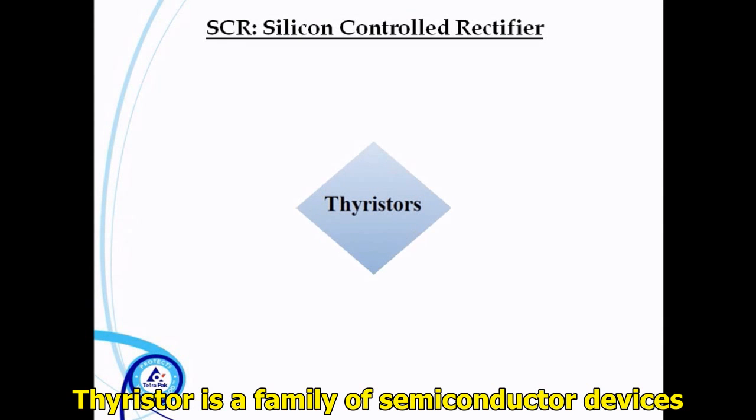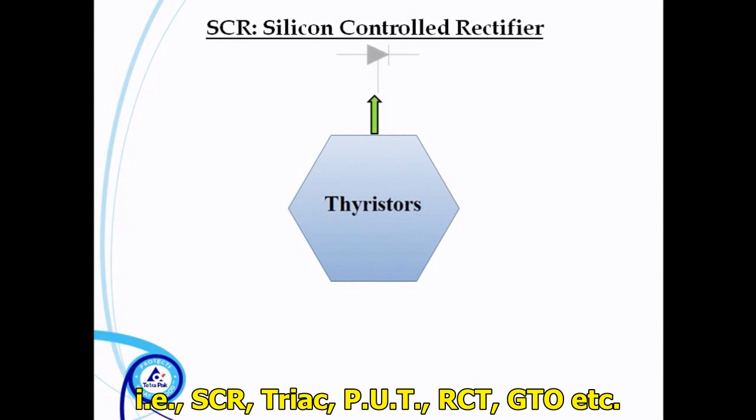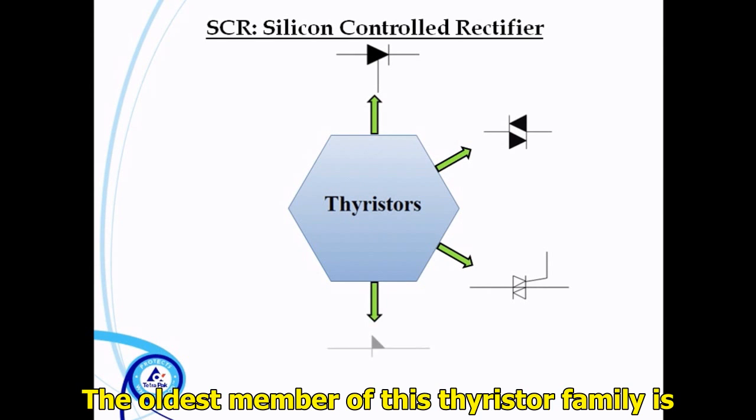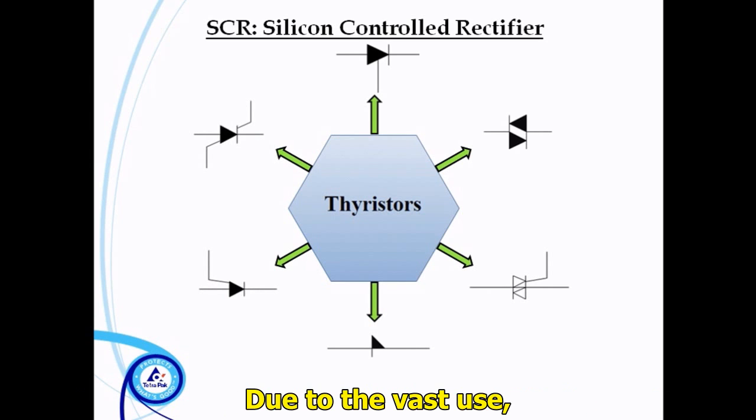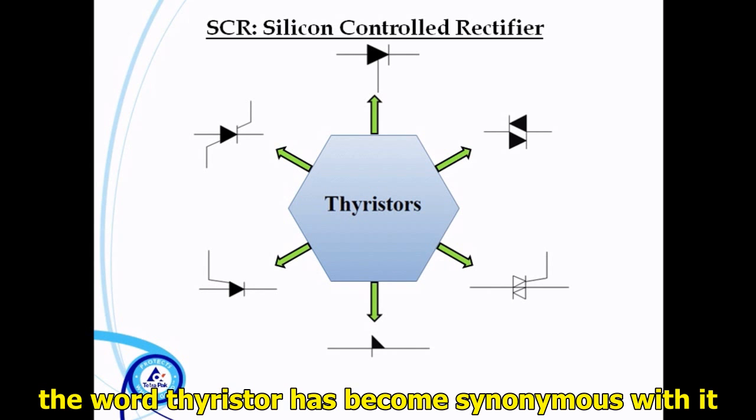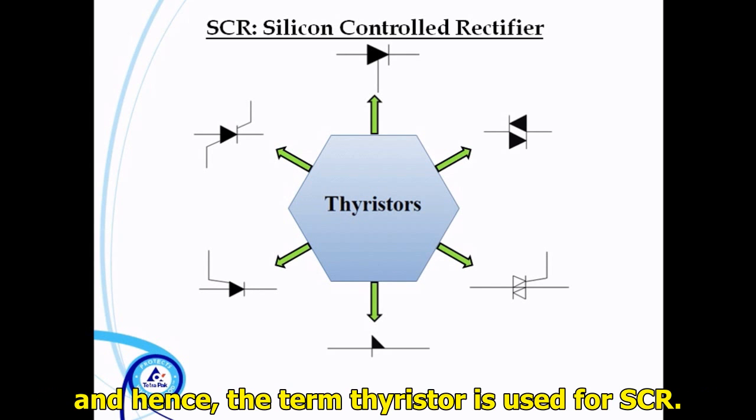Thyristor is a family of semiconductor devices, i.e. SCR, Triac, PUD, RCT, GTO, etc. The oldest member of this thyristor family is SCR, silicon-controlled rectifier. Due to the vast use, the word thyristor has become synonymous with it, and hence, the term thyristor is used